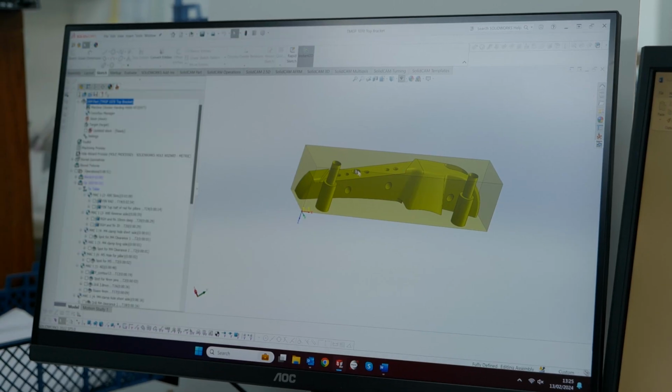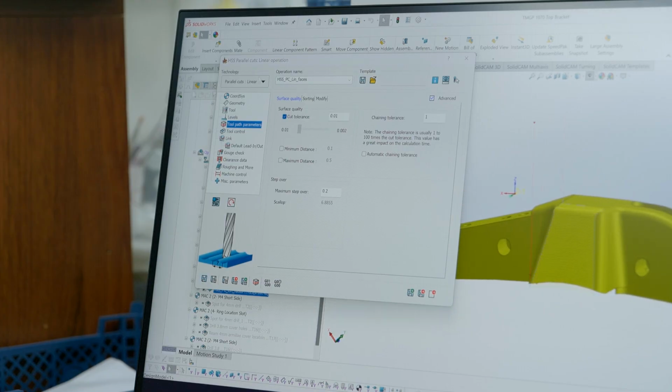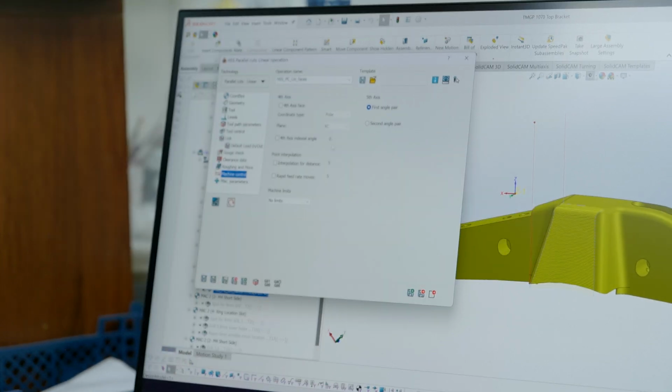So there are certainly parts now where we wouldn't have dreamed of doing it before. We just didn't have the technology to do it. And now we're in a position where we can design things like that. We can make special, complicated, kind of low quantity, decorative parts, that kind of thing. Because we're manufacturing